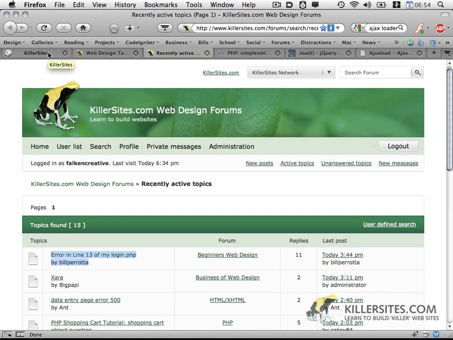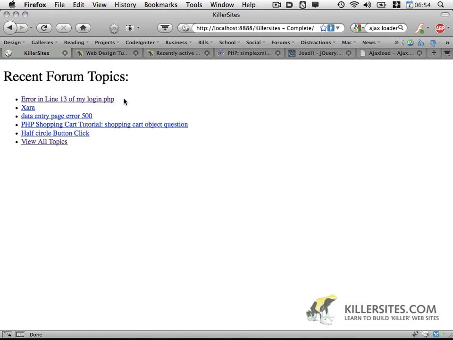So let's get started by showing you exactly what we're going to build. This is what it looks like. Pretty simple. It just has an unordered list listing all the various recent posts. And if you refresh the page, you'll notice there's a little loading animation that appears, and then the content actually loads. So I'm going to show you how to pull in this forum data